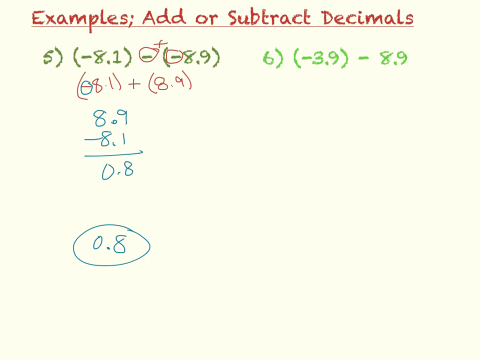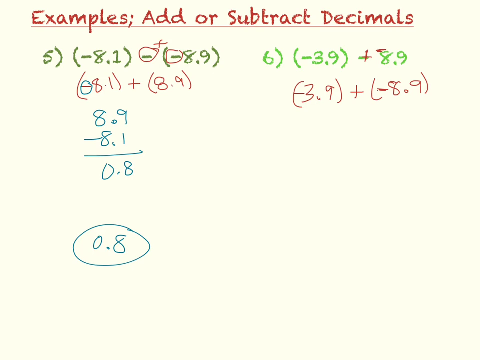And the next one, this one again, we could rewrite it to make it more like what we've done. We have negative 3.9 minus 8.9. So that would be plus a minus, plus a negative. So I'm going to rewrite that as negative 3.9 plus negative 8.9. Okay, so then all we have to do